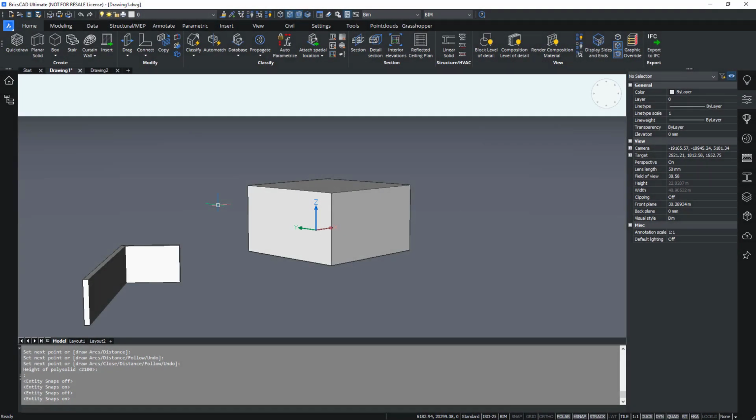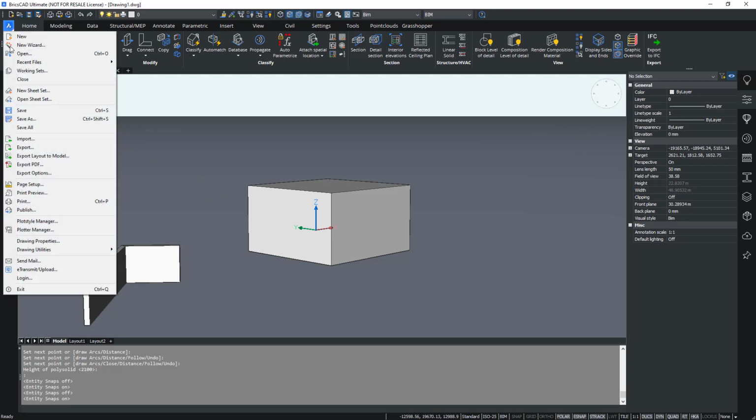Let's continue with the viewing options in BricsCAD BIM. For this exercise, you can open a new drawing with the open command. We will see how we can change the visibility of certain entities, make them hidden or isolated.